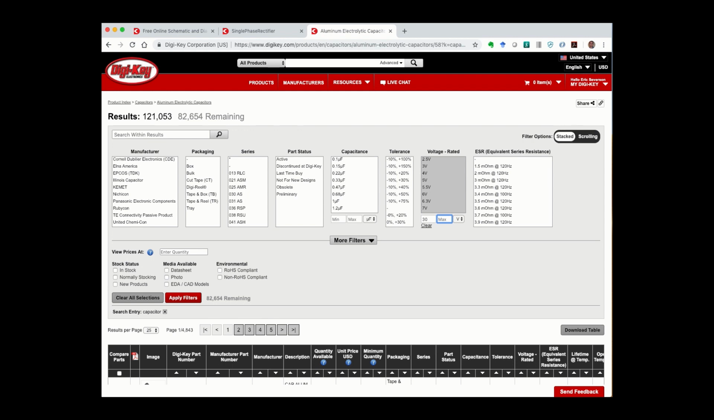We're picking 30 volts to give us a little bit of margin, a safety factor. If you were to put a 16 volt part in for your 16 volt output, you'd be riding too close to the edge and you're asking for trouble. And let's put a maximum, so we can see that this brings us down to,